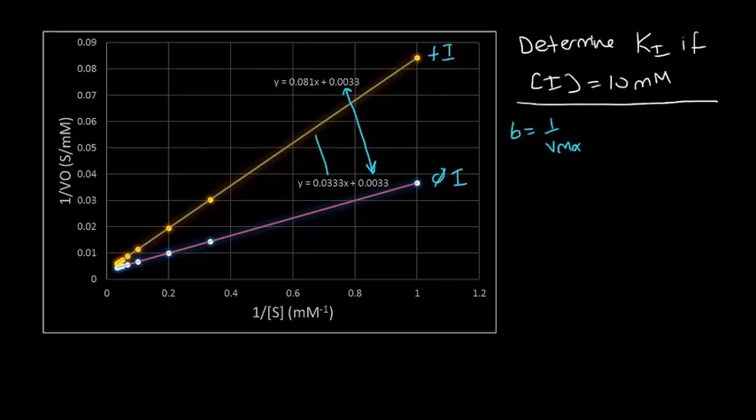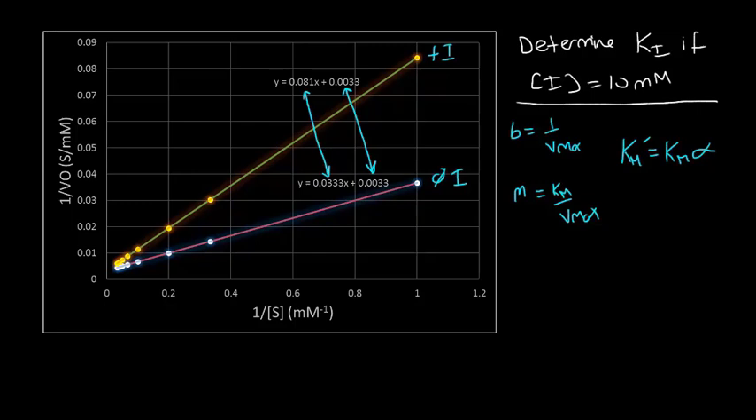Okay? But our slopes are different. So our slopes are different, and we know the slope is Km divided by Vmax, so we must have different Km values. So in this case we have the same Vmax, but different Km's, so this must be a competitive inhibitor. So we can set up an equation here where Km prime, the inhibited Km, is equal to Km times alpha. And we know it's this relationship because for a competitive inhibitor, Km is larger than when there's